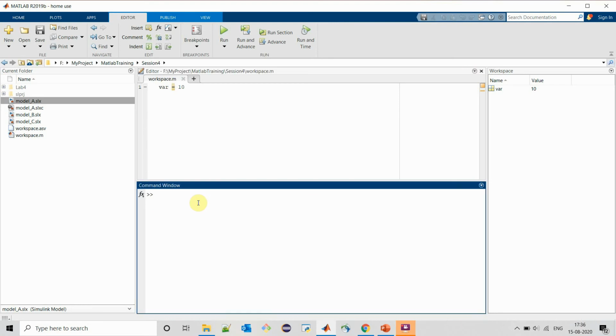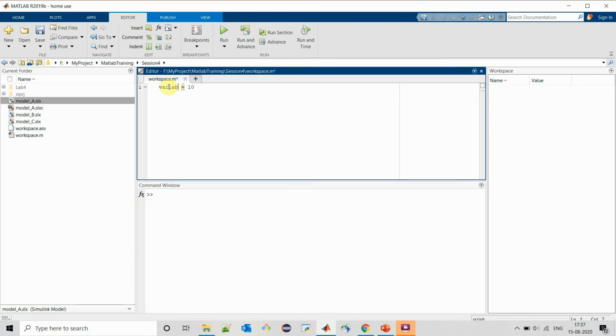Let me first clear this. We will create a variable 1 with data type uint8 and value 10.